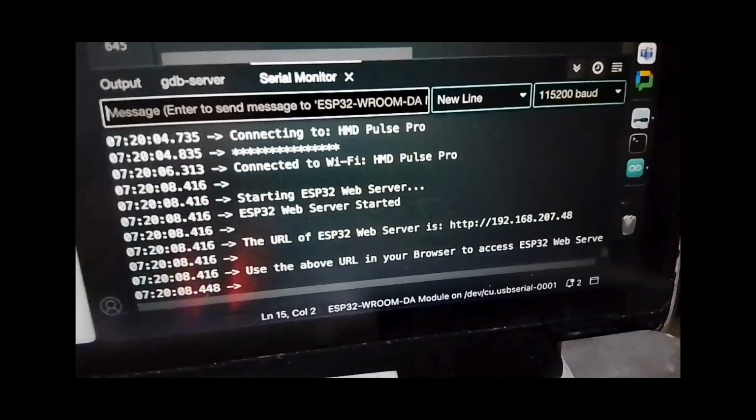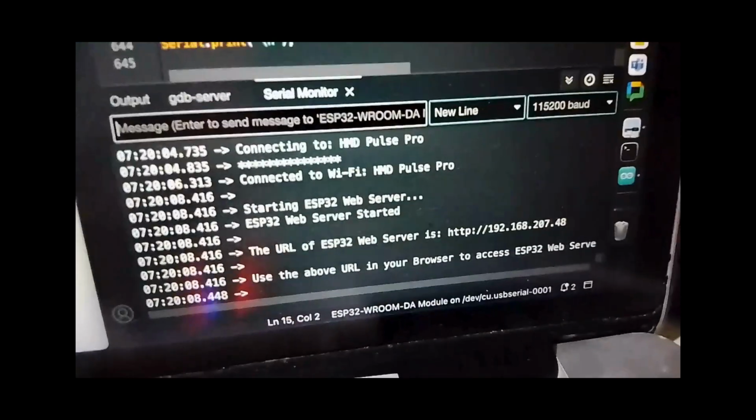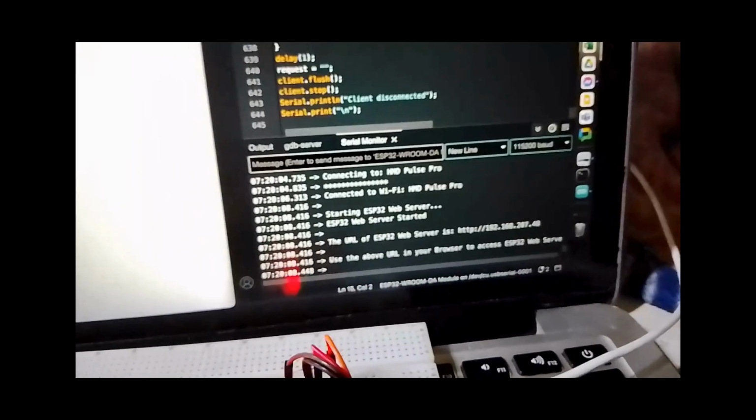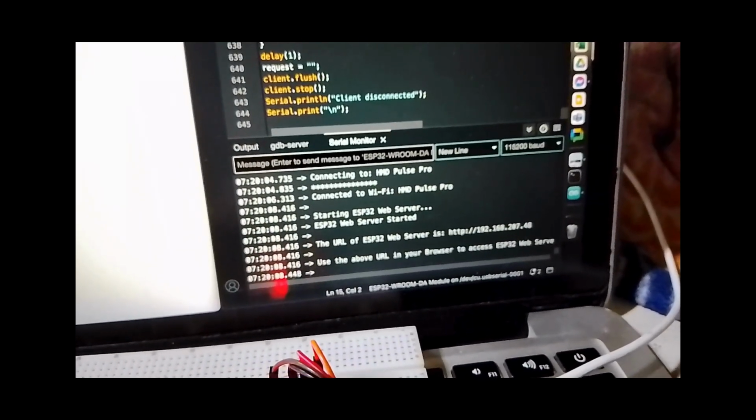It says that we should connect to the URL of 192.168.207.48.